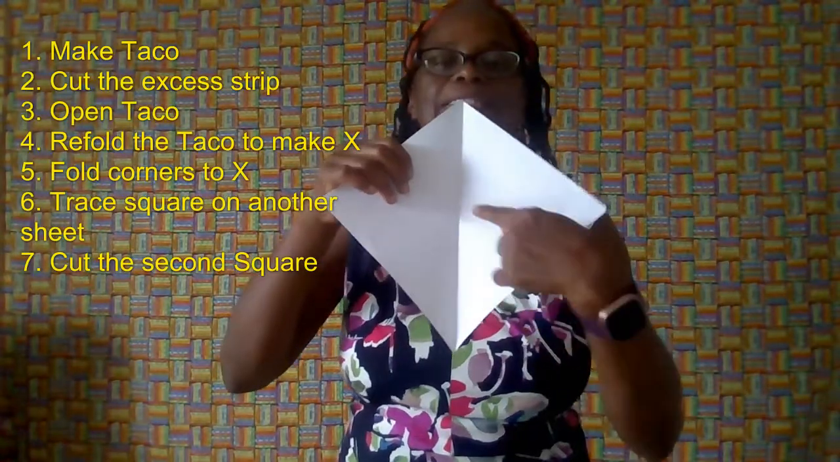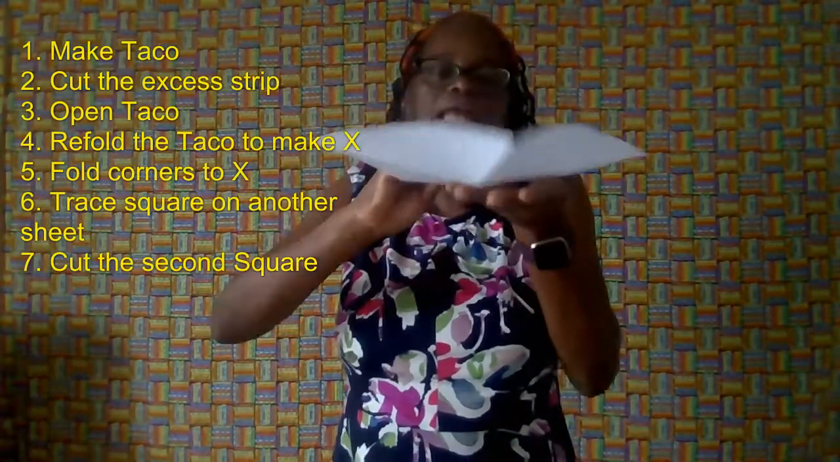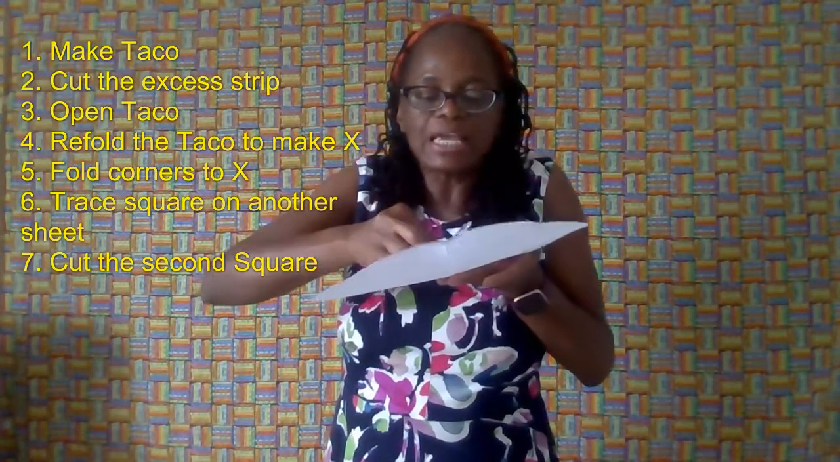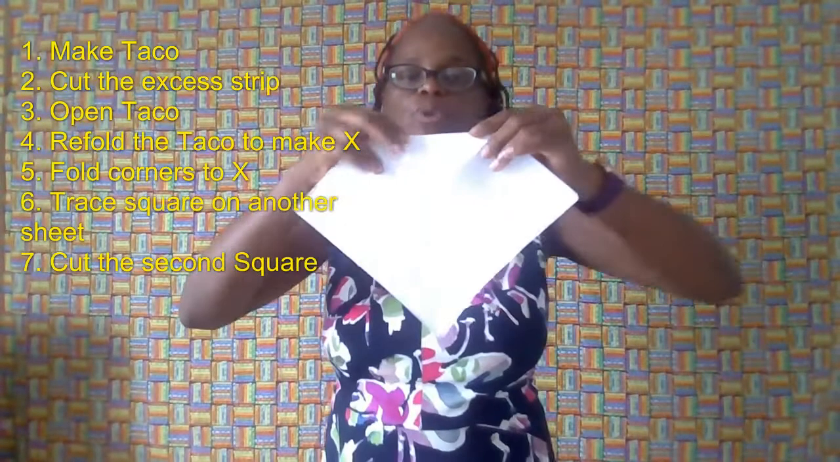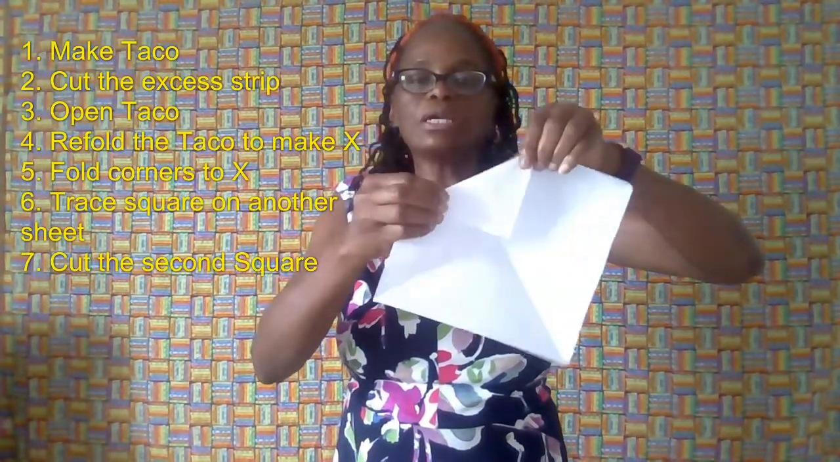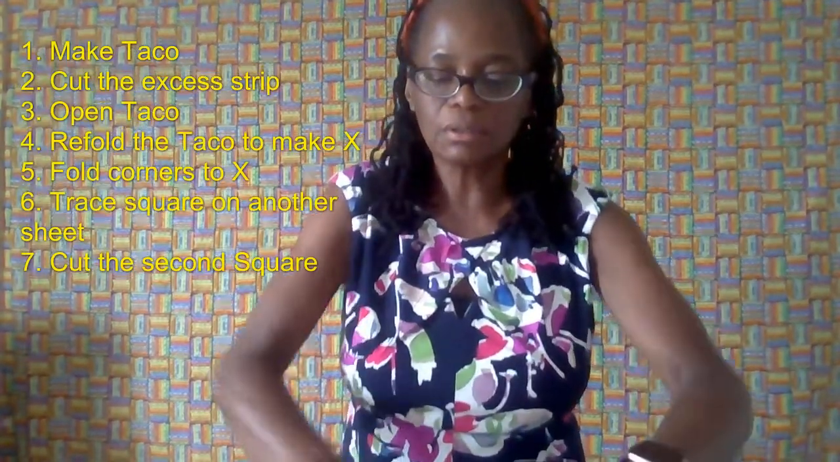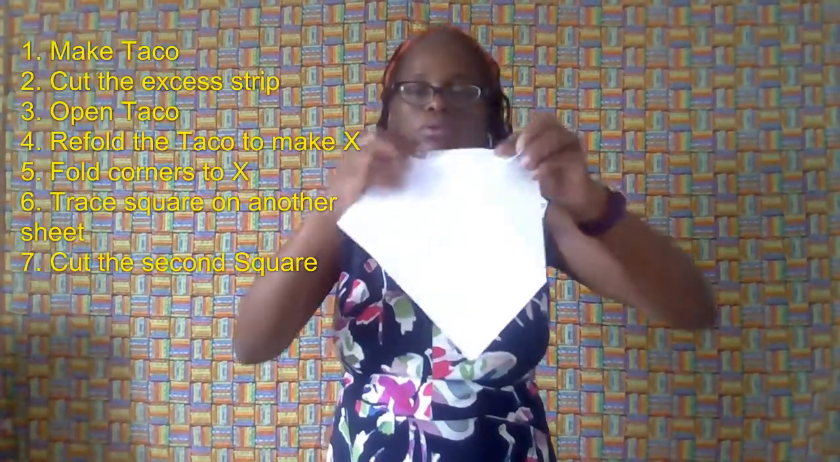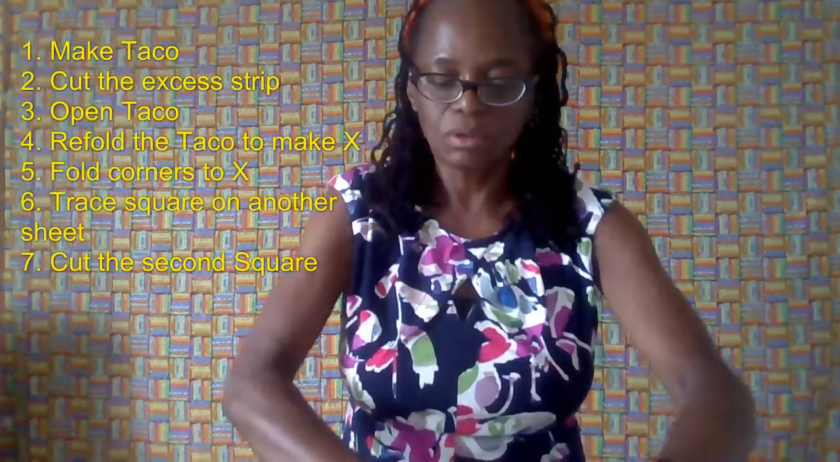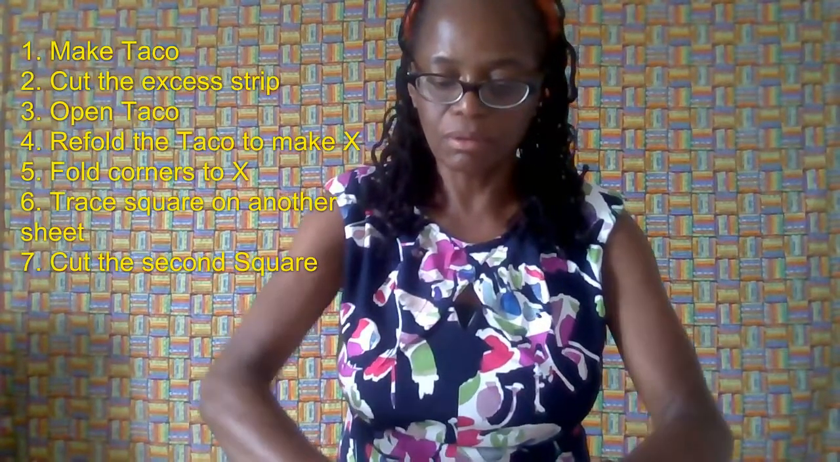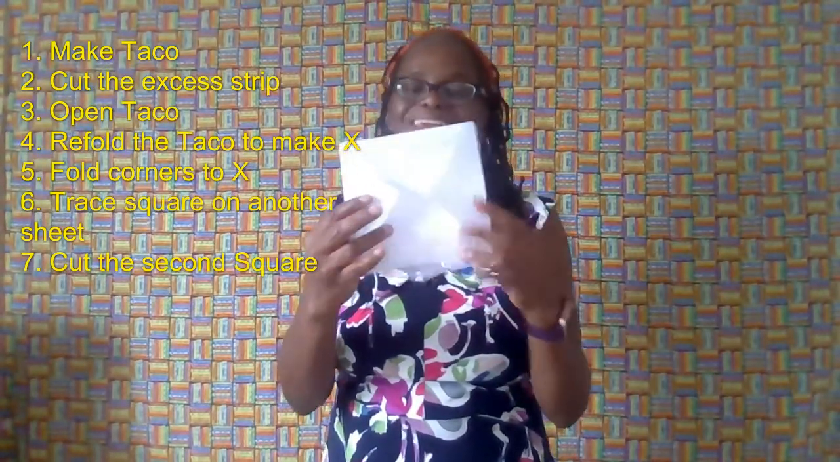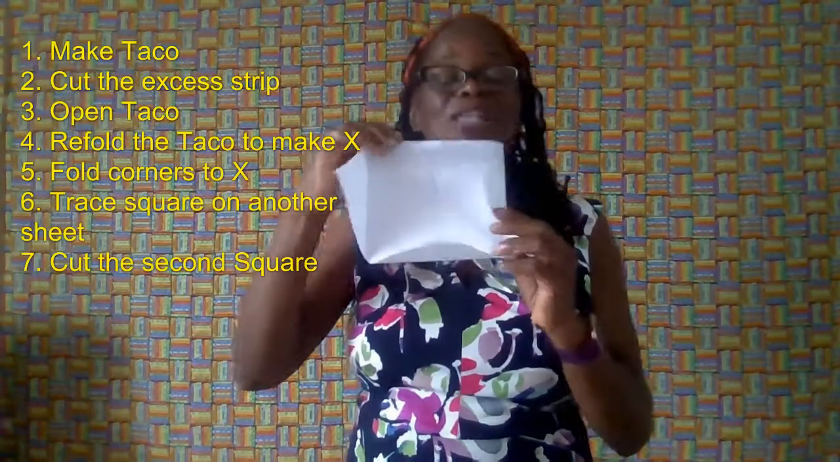So what are we going to do with that X? Now we take our points, our corners, and we fold them towards the X. Go ahead and do all four of them. 1, 2, 3, 4. See? Hence, we have our little envelope. So what are we going to put inside our envelope? Well, you send a letter to grandma, or